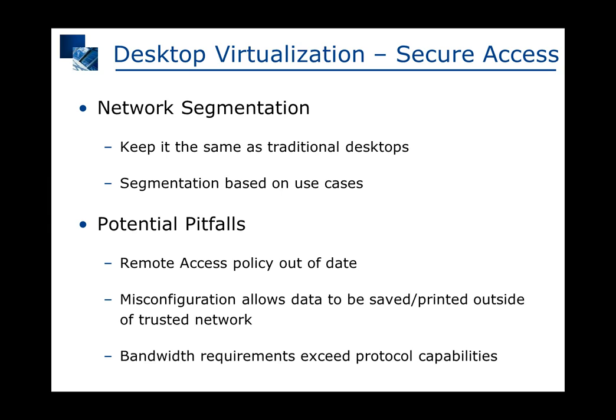Another common mistake is a misconfiguration that allows data to be saved or printed outside of the trusted network. Again, it has the smart access feature where you can tell, based on the client device or the location or the network the user is coming from, what type of functionality is available. By default, it can be anything from you're allowed to save anything local and cut and paste and print, to you're not allowed to do anything, which basically restricts the user and deteriorates the user experience,